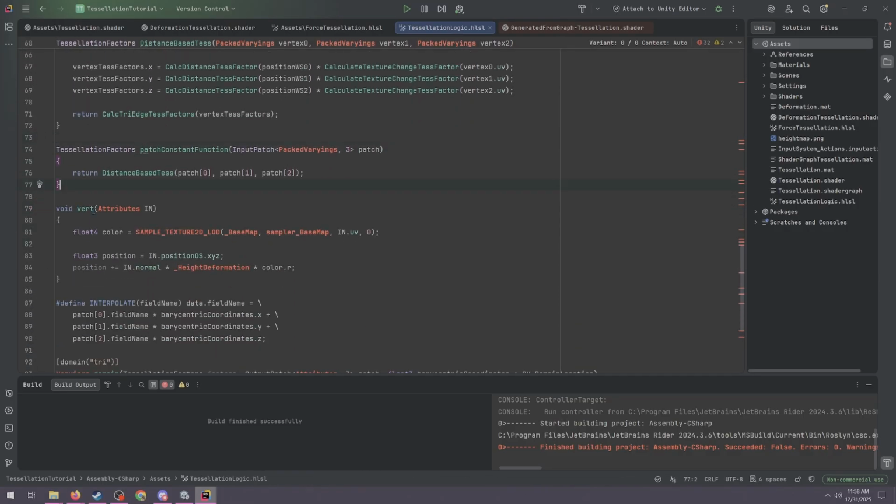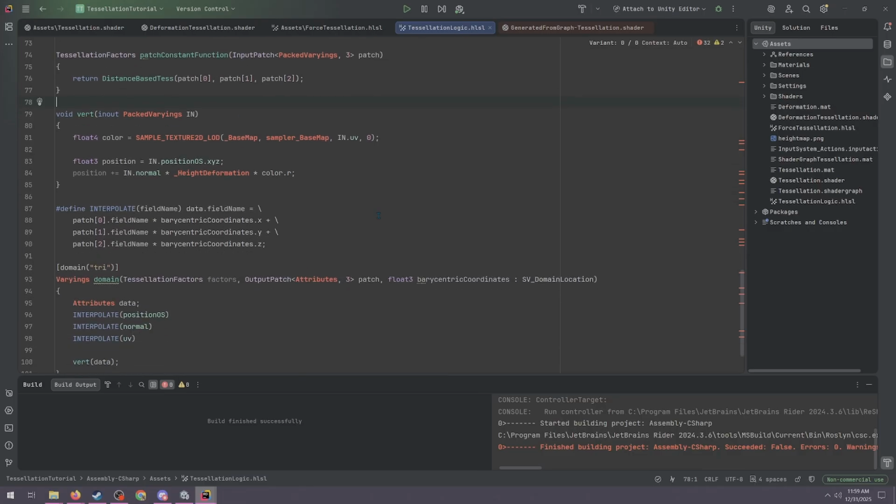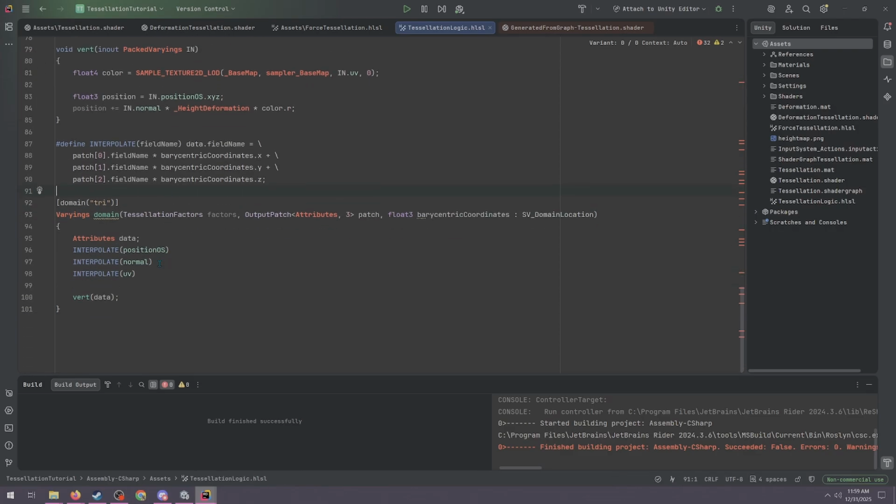And we can also remove this dummy vertex method. We're not using that anymore. In the vertex here, we actually need to change this from just being the packed variants to being in-out packed variants. The reason we have that is otherwise it will just pass in sort of a copy of this data, and when we change the position here, it won't actually update the original one we sent in. If we do in-out, it will send the actual, original version, not a copy, and that way it has the correct data. Down here in our domain, we also need to change this and change the attributes here